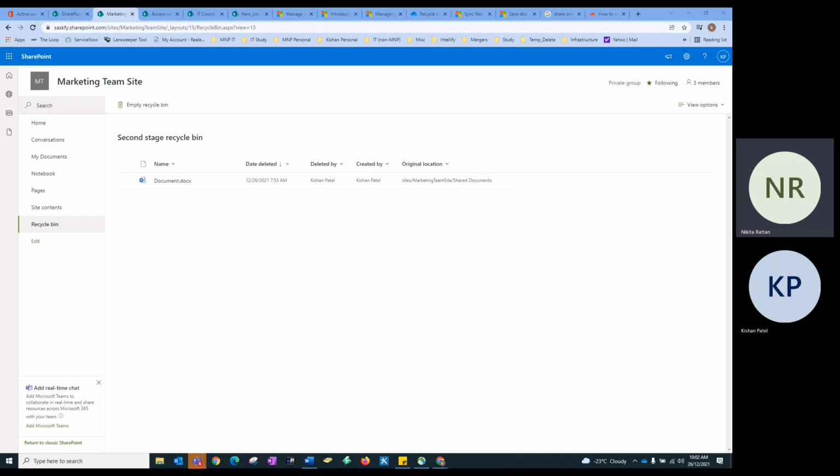If it's not there, then you have to ask the user a few questions, like when exactly he or she deleted the document. We are not talking about when it was deleted from the first stage recycle bin, but from the original location. He has to give you the exact date and time frame. If he's coming to you within the 14 days from the deletion, then we can take